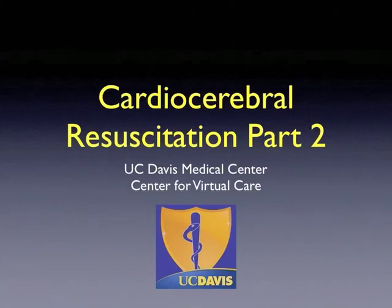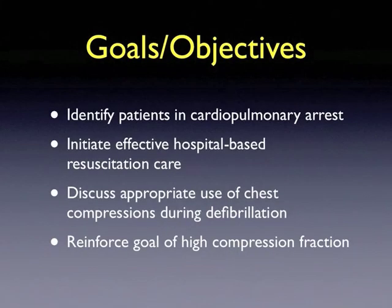Cardiocerebral Resuscitation, Part 2. The goals and objectives of this module are to identify patients in cardiopulmonary arrest, to initiate effective hospital-based resuscitation care, to discuss appropriate use of chest compressions during defibrillation, and to reinforce the goal of high